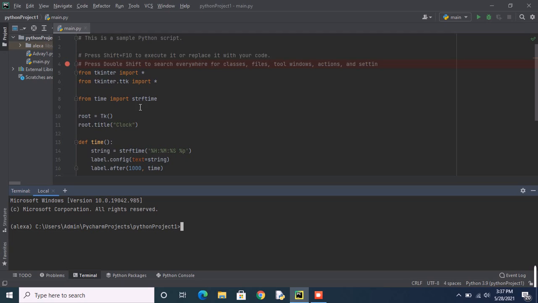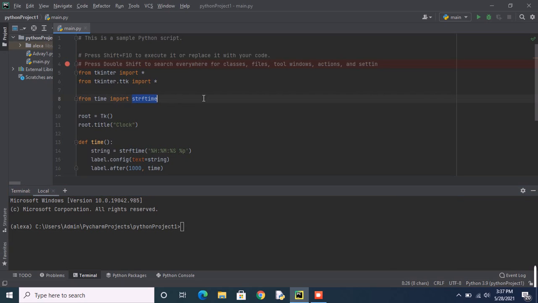So let's go to what is strftime. Strftime in Python is basically struct time, which represents the time, or the local time of your area. You know what's the meaning of local time. As you can see here, it's 3:37 in the afternoon, 3:37 p.m. and this strftime helps to show you the time, and this is the main code.